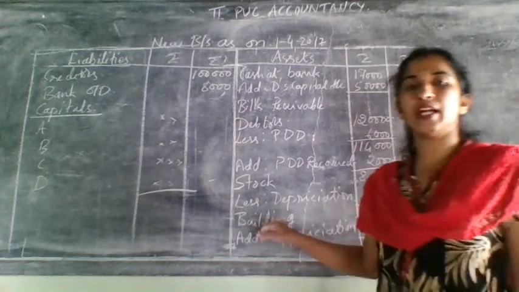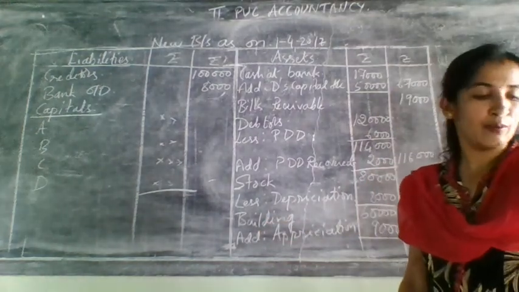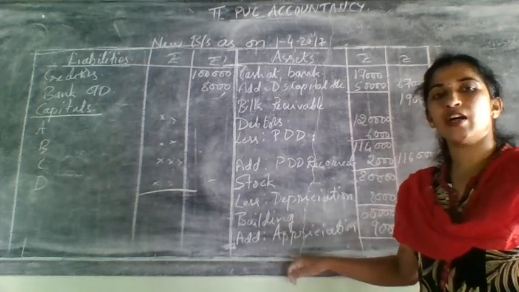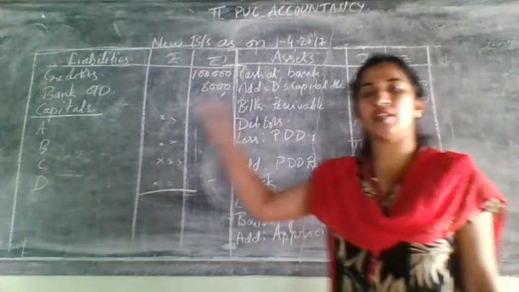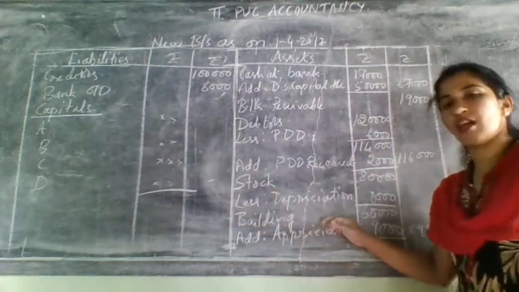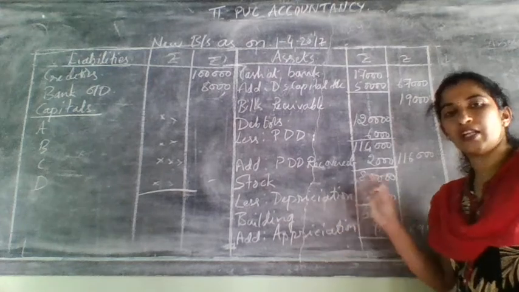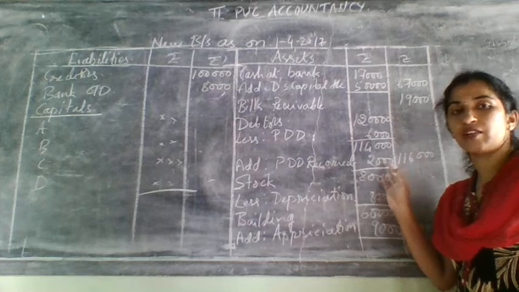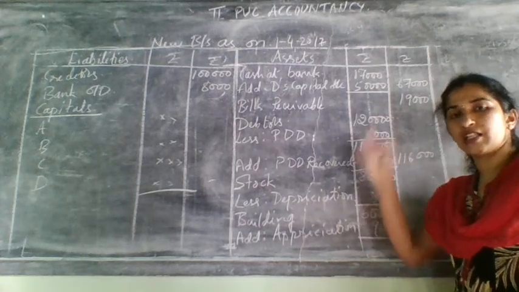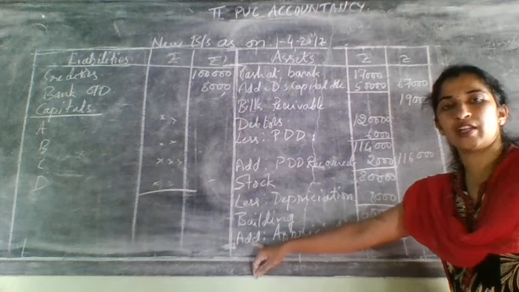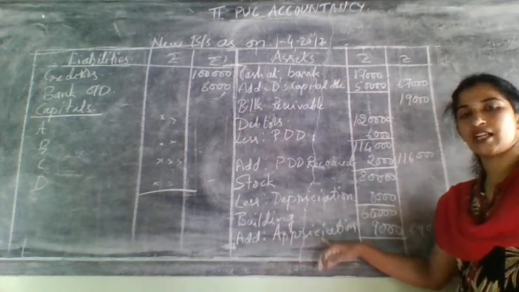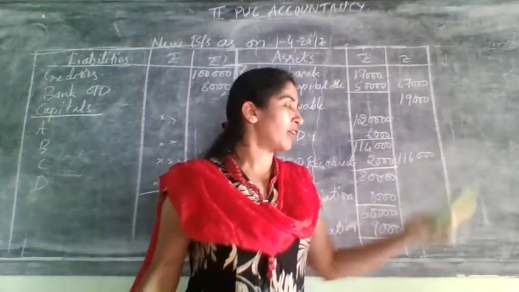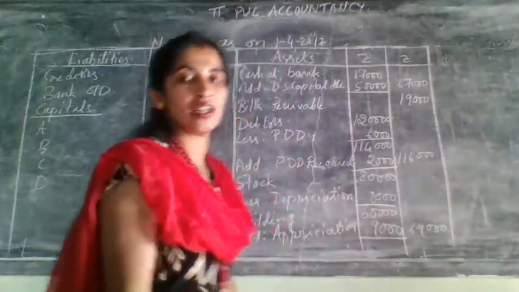After that, next adjustment, next building is having 60,000 in the old balance sheet, but it is also having adjustment. How to check the adjustment? If it appears in the revaluation account, then it is having adjustment. So there it came on the credit side of revaluation account. Credit side means it will increase the value of the asset. That's why you have written here add, and that is considered as appreciation. Add it and write it in the outer column. So after writing this, no other assets are given in the problem.